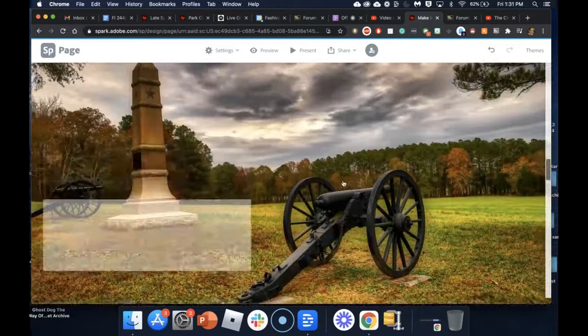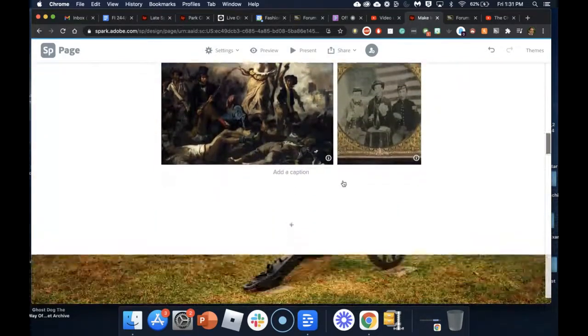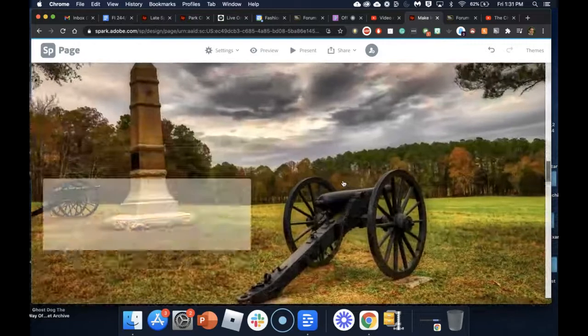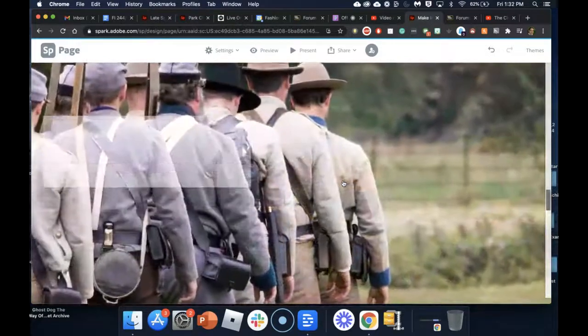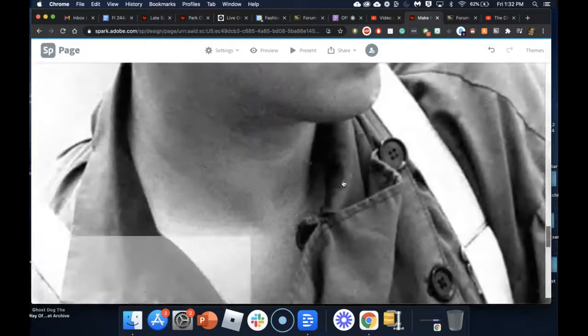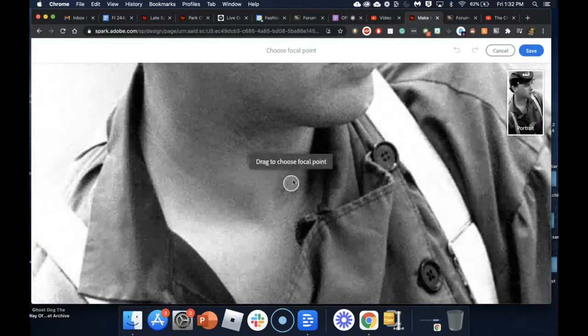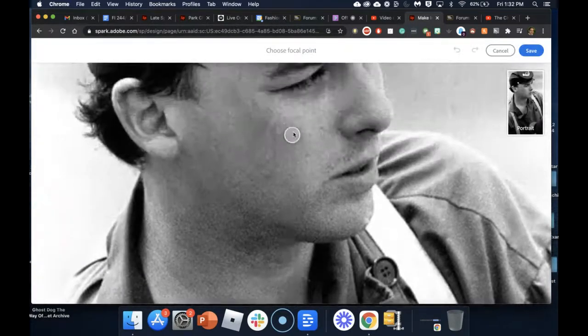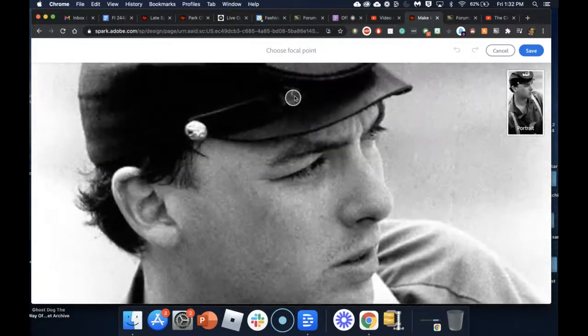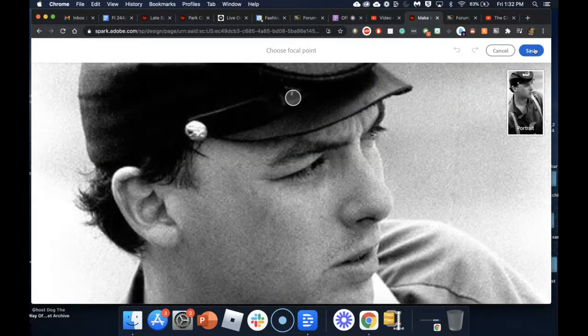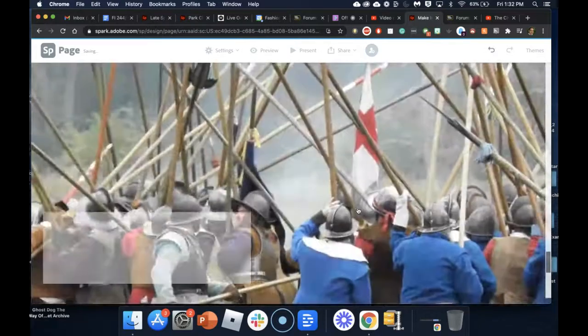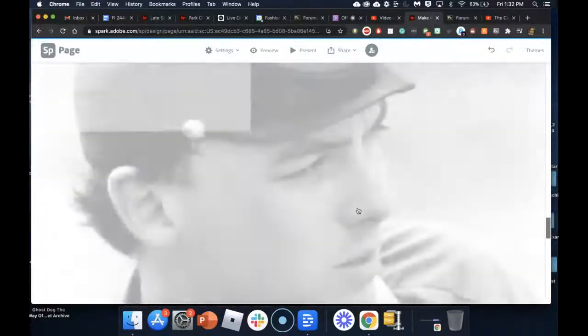And then I click save. So now, as I scroll from the top to the bottom, the story is being told like that, right? And I got to fix this one because the focal point is not on his face. So to change the focal point, I just put it around here so that we can see his face. And then I click save. That's a little better. Okay, so now that I have my sequence of images as I'm scrolling down,